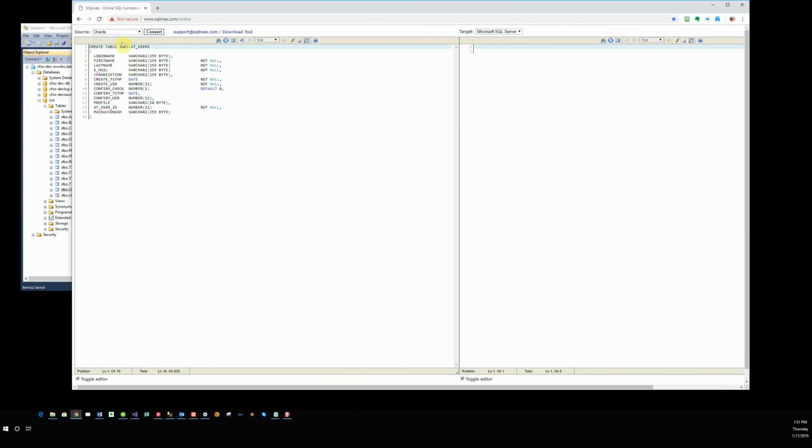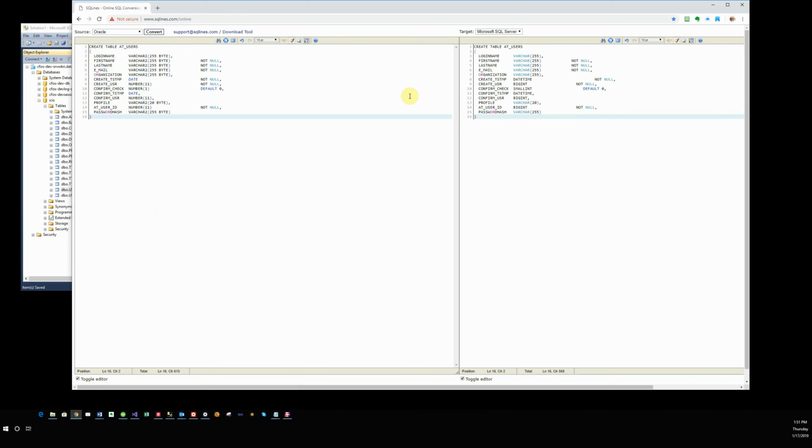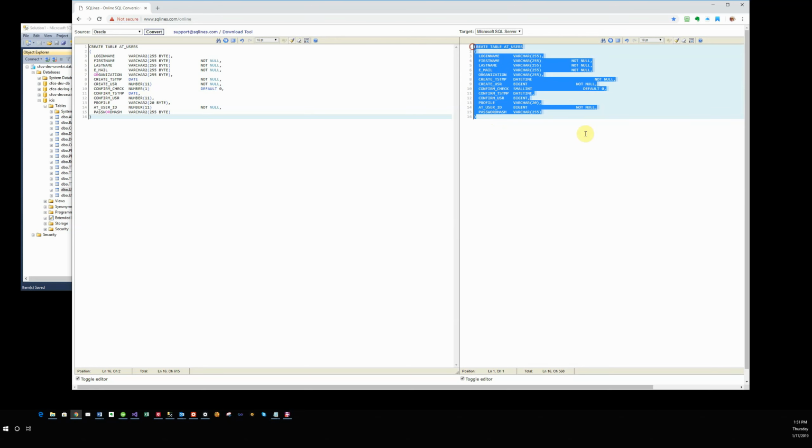So I'm going to delete where it says the ICIS dot. So now my table name is just going to have AT users. So I convert it here. And I get the converted SQL script over here. So now I can select all of it,